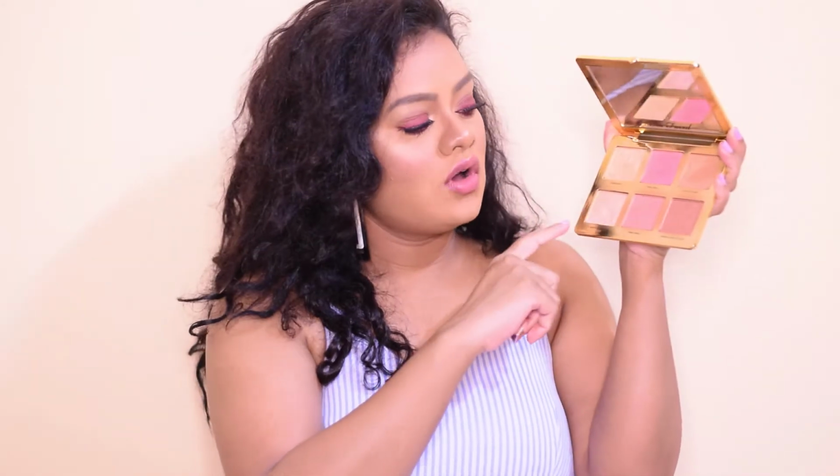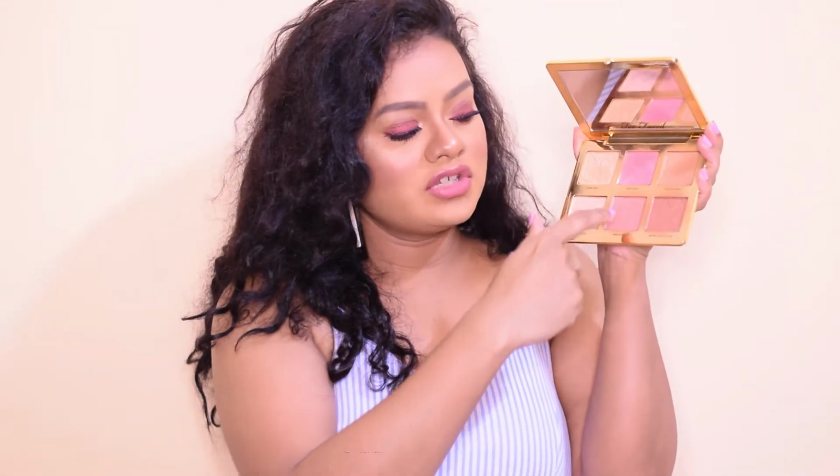Now the next product that I have is the Too Faced Natural Face Palette, and I love the packaging of this face palette. This looks absolutely gorgeous. This is what the outer packaging of the palette looks like, and this is how the palette looks from inside. I'm in love with this face palette, and it has got 2 highlighter shades, 2 blush shades and 2 contour